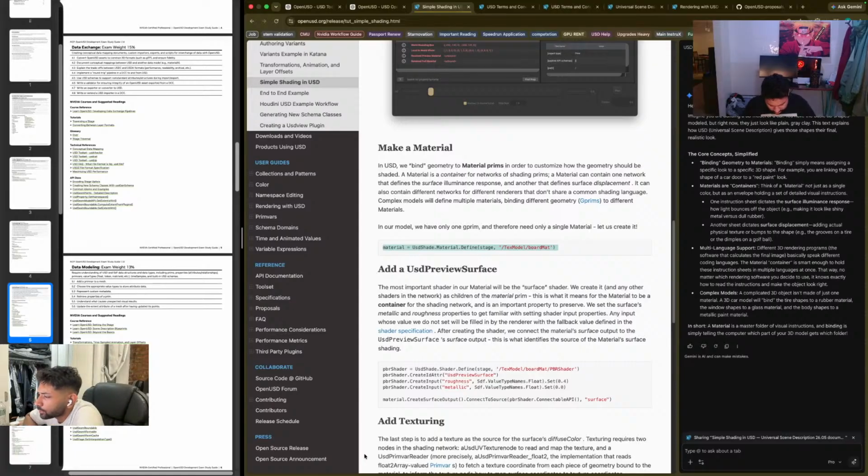We set the surface's metallic and roughness properties to get familiar with setting shader input properties. Any input whose value we do not set will be